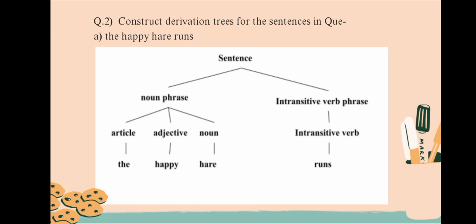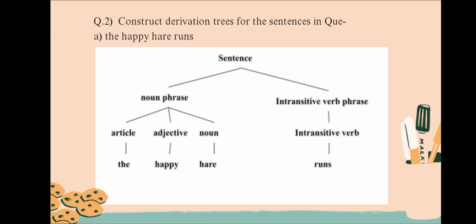in which we have two nodes, noun phrase and transitive verb phrase. In the noun phrase we have article, adjective, noun. The article in this sentence is the, the adjective in this sentence is happy, and the noun in this sentence is hare. So we described it according to the sentence. In the second node we have intransitive verb. Here the intransitive verb is run, so we described it in the